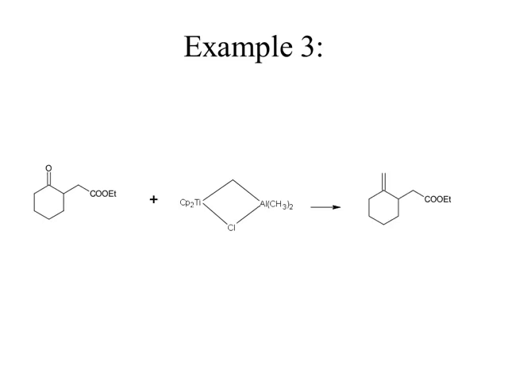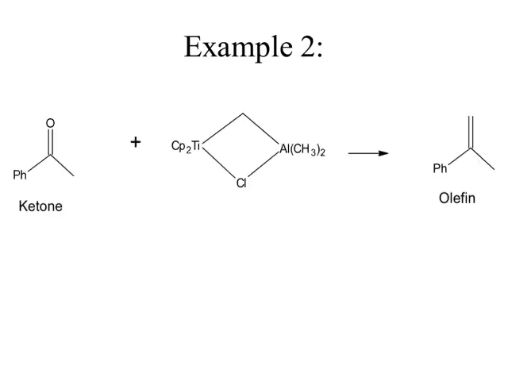If we have a ketone, then again you will get an olefin. Instead of the oxygen atom, you have to introduce the methylene of Tebbe's reagent, that is the CH2 group. C double bond O is converted into C double bond C, and we get the corresponding olefin.